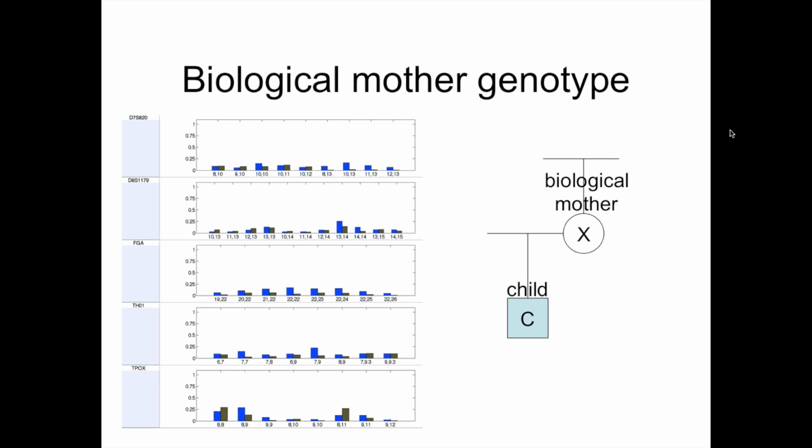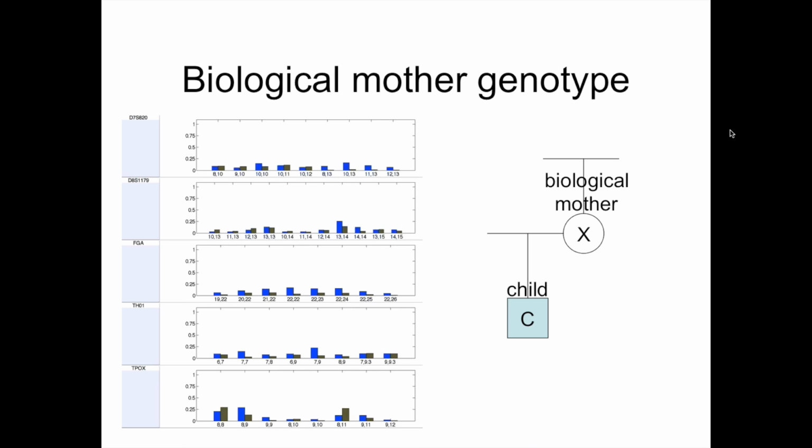And since there's a difference between the blue histograms and the brown histograms at every locus, that indicates there's information here. Now, the information may be exclusionary or inclusionary for an individual person, but there is information present